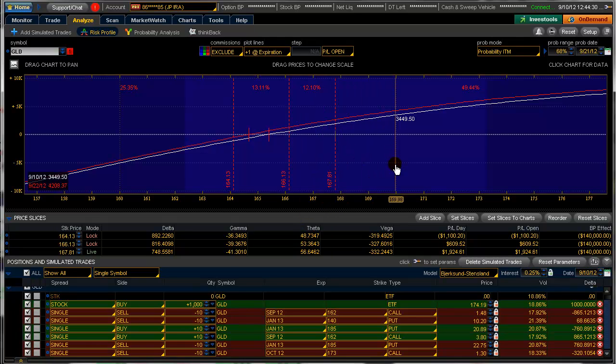It's $2.50, $3.50. So if we go up another 3.5, that's up here a little bit over 170. So that's like $3,700 up there, as shown right here. When I move this along, this white line price is here. The red line price is down here. Of course, if gold drops,